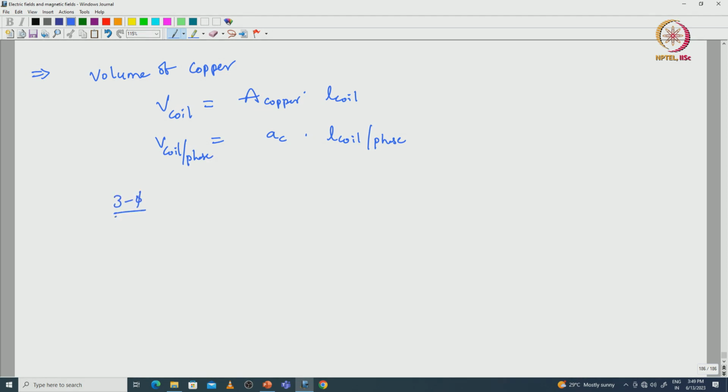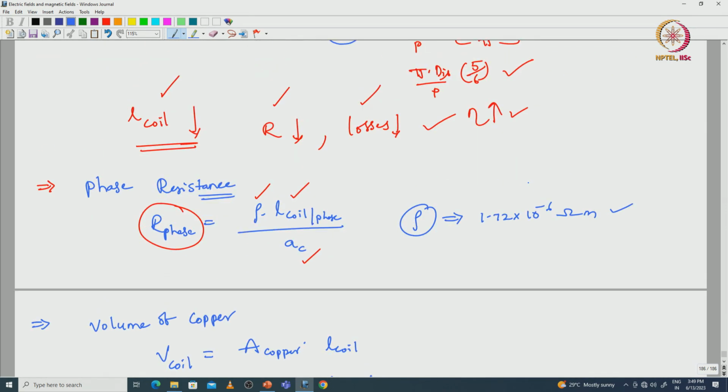For a 3 phase machine, the total volume of copper is equal to 3 times the area of cross section of each conductor into the length of the total phase coil. This is the volume equation, that is equation number 11, this is equation number 10,